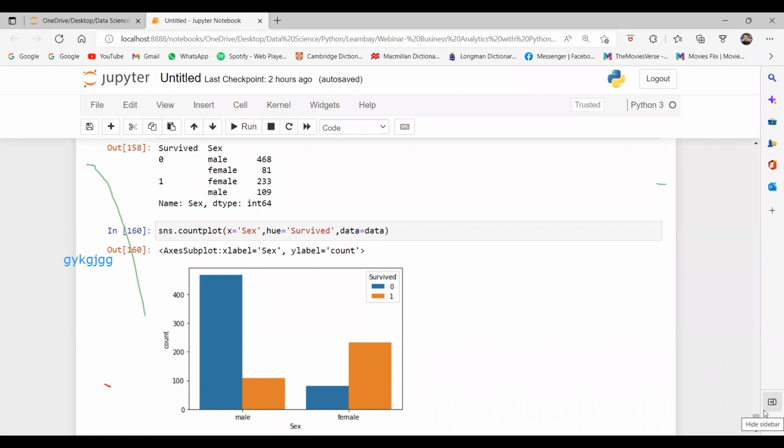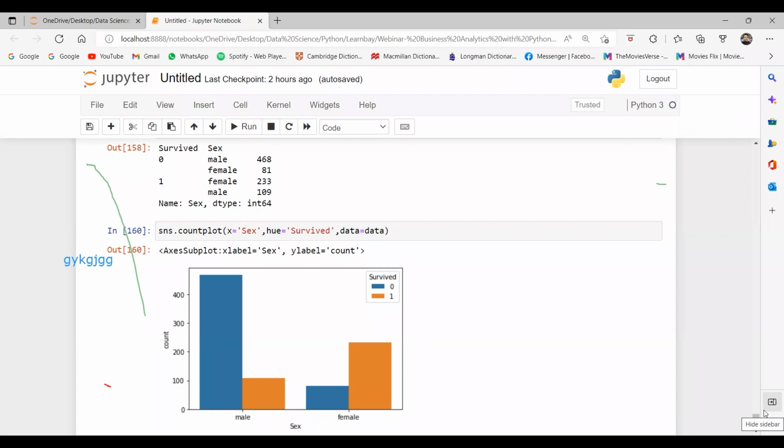Then, using the intelligence he has gained on the basis of his knowledge, he will make some decisions, or he will give some recommendations to the operational team or to his business team or to the client. So he needs to understand all these things, like what this count plot is saying, what this distribution is saying, and all.